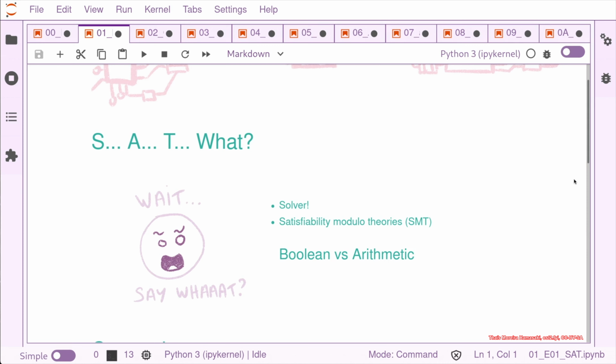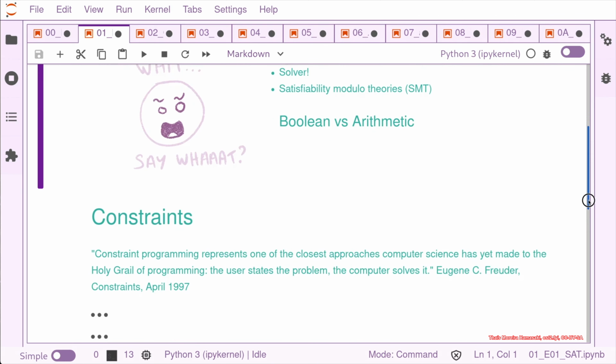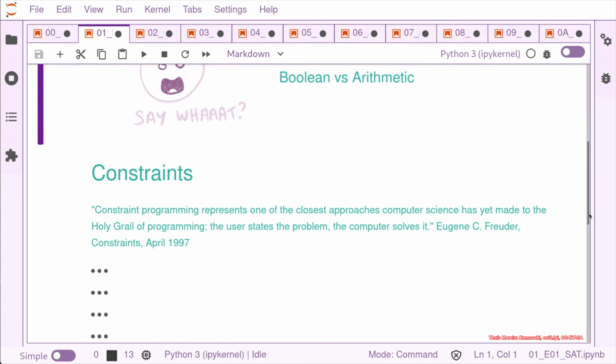But SMT and SAT and all of these kinds of formal methods rely a lot on the concept of constraints. So what are constraints? Constraints are just limitations or boundaries that you have. It doesn't matter how, it's just a definition. Eugene Freuder stated in 1997 that constraint programming is almost like the holy grail of programming concepts,